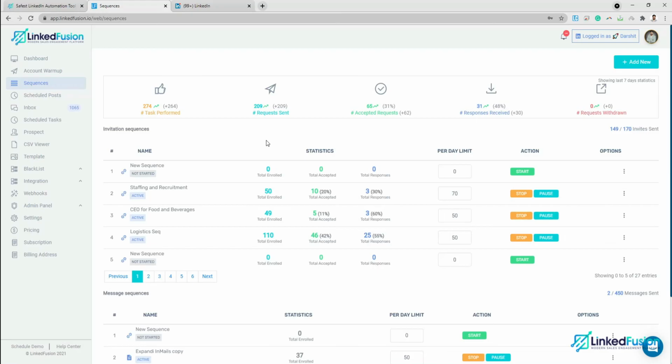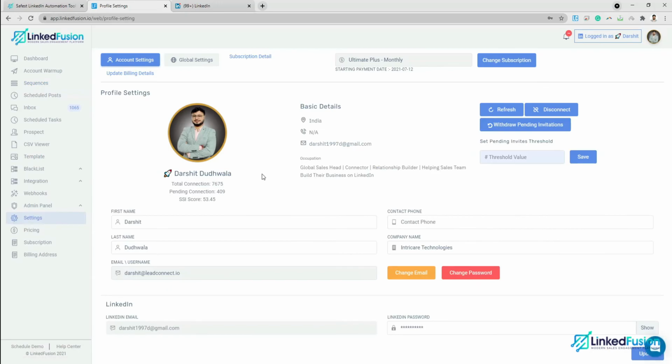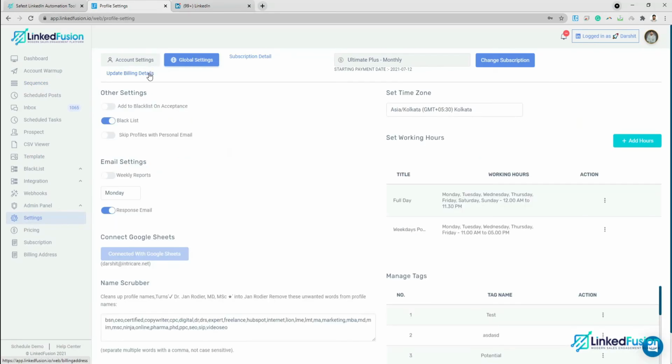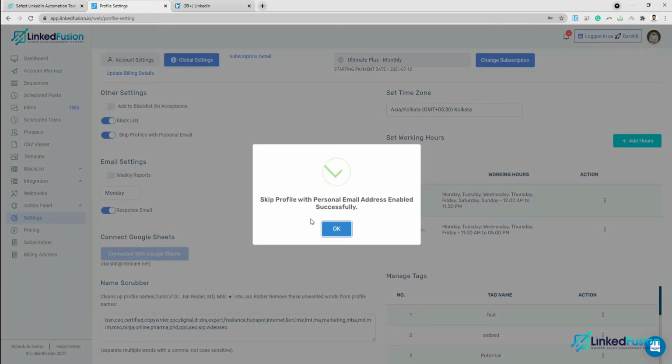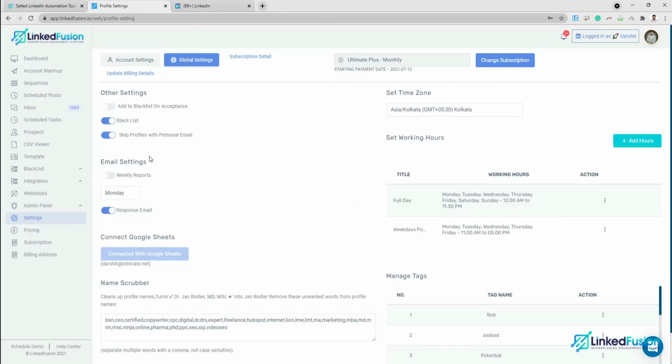We have added some settings to manage the email addresses that we are using to reach out to your prospects. If you go inside the global settings, you might find a switch that says skip profiles with personal emails. Once we turn on the switch, it means that if an email address has been found that is a personal email, such as a Gmail, Yahoo, or MSN address, or it could be any personal email,